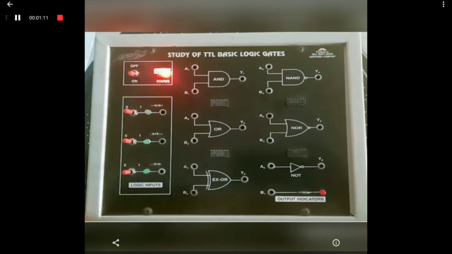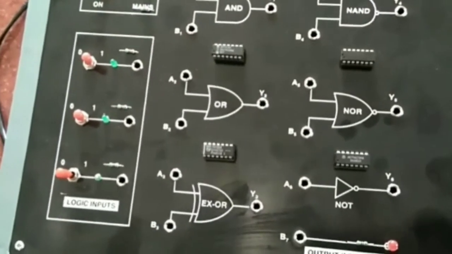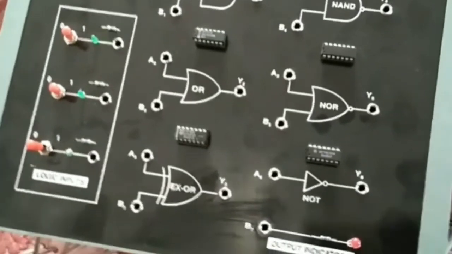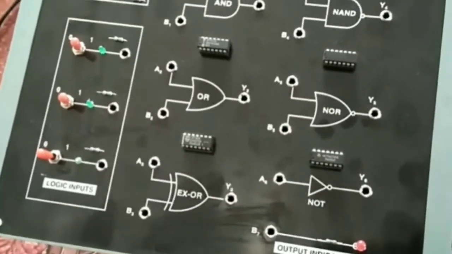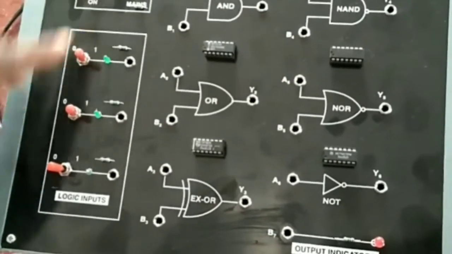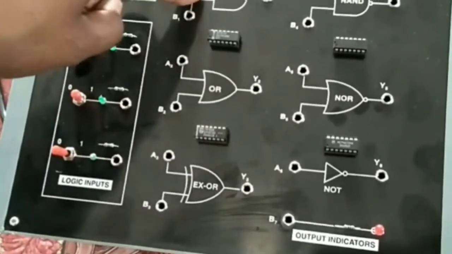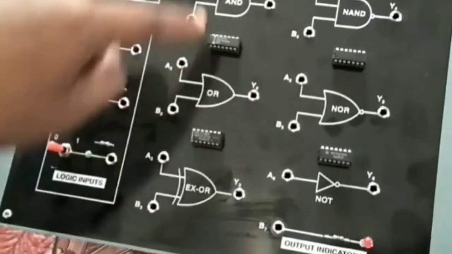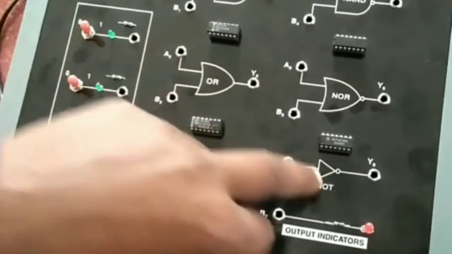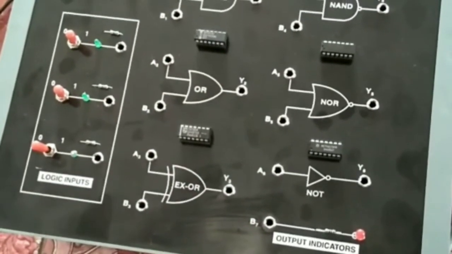As you can see on the screen, this is our logic gate kit. This is the main switch, we have to put it on, and the main switch light shows it is on with the LED. This is the AND gate, this is the OR gate, the AND gate output and OR gate output we will give to the output indicator.